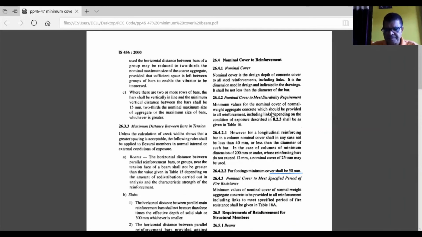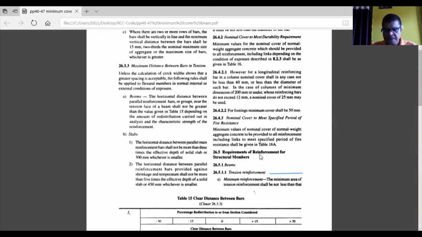So minimum 15mm in slabs, 25 in beams, 40mm in columns, and 50mm in foundations or footings. That's the minimum cover requirement. For fire resistance, we have already discussed, you refer to table 16. So these are the codal provisions for the cover to reinforcement.